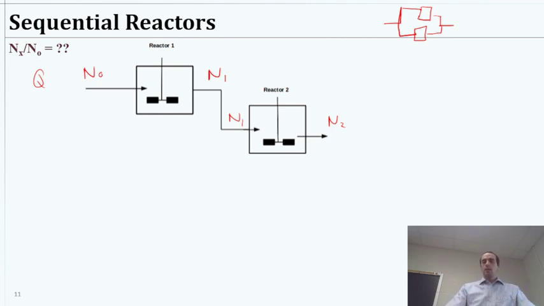And just take 1 minute to think about how you would write Nx, in this case I'll say N2 over N naught. Because that would be if I said how much bacteria is remaining after 2 sequenced disinfection chambers like this, that's what you're looking for, that's the answer. Likewise, you could do a sequenced flocculation chamber, and then maybe we're interested in inverting that, but the process will be the same. So take a moment, let's assume, for example, first order decay